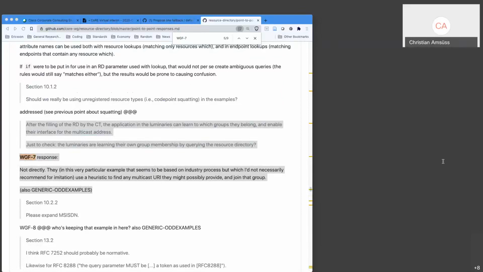With no access whatsoever, no restrictions. I mean, it's a bit of another example, yeah. Yeah, that's why it's referring to the odd examples text. So my preference here would be to remove that part of the example. The rest is largely good, but this particular piece could be a bit